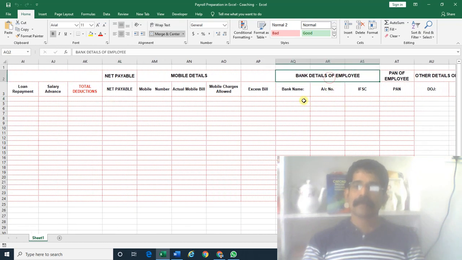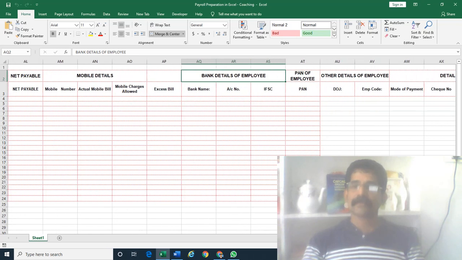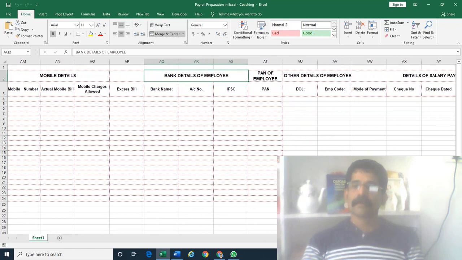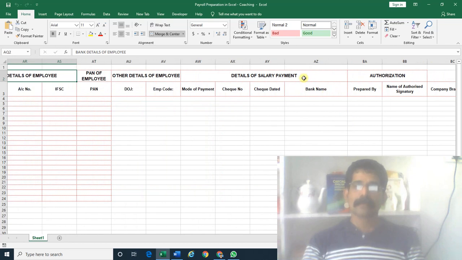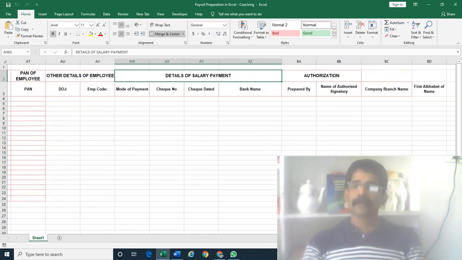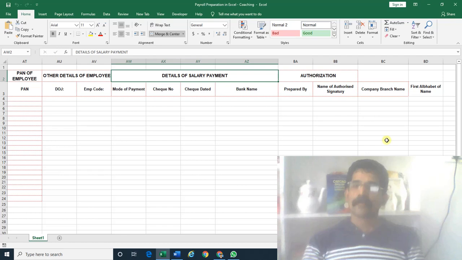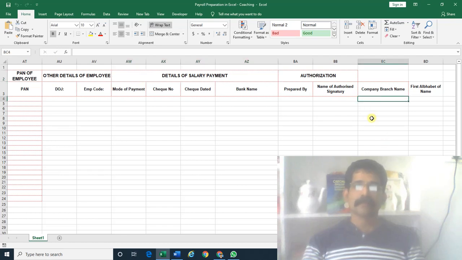Employee bank details, bank name, account number, IFSC, PAN card, date of joining, employee code, how the salary is disbursed, mode of payment, cheque number, cheque date, the bank name, and who prepared, who authorized, if the company has more branches, and what is the branch name of each employee.